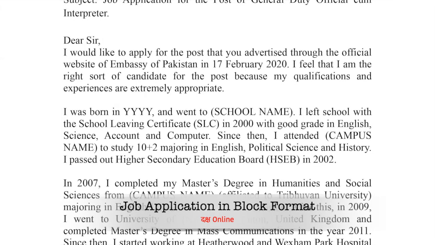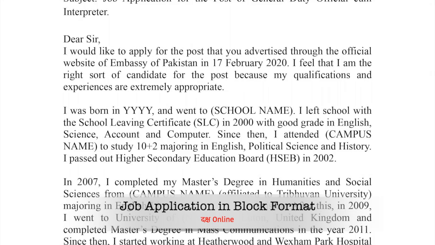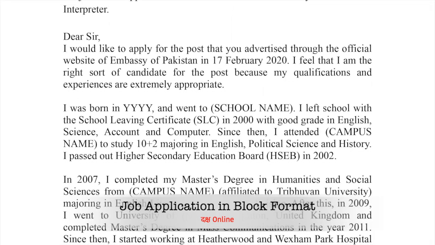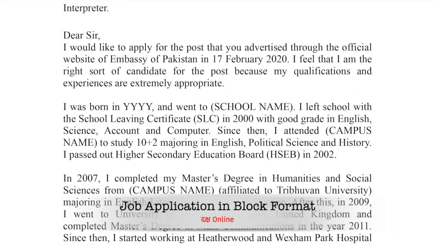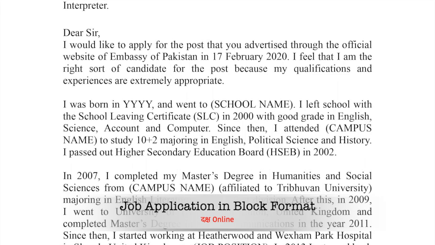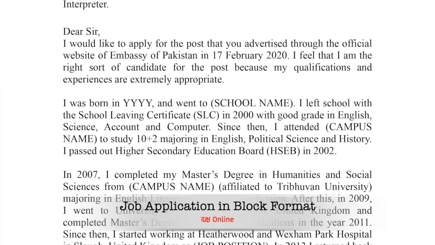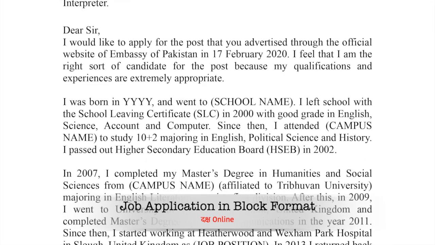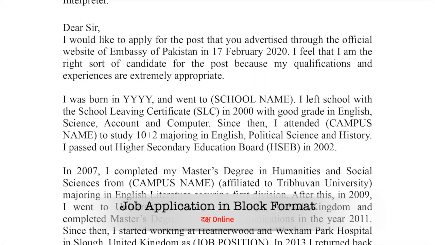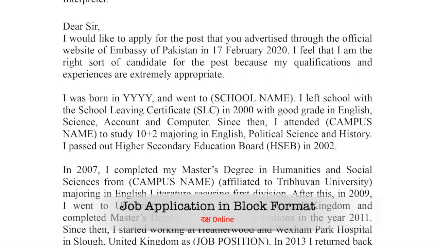Do remember that your cover letter or application letter should be one page or less. And always use 12 point and a font that is easy to read in printed papers. For example, you can use Times New Roman, Calibri, or even Arial, fonts that are more readable when printed.